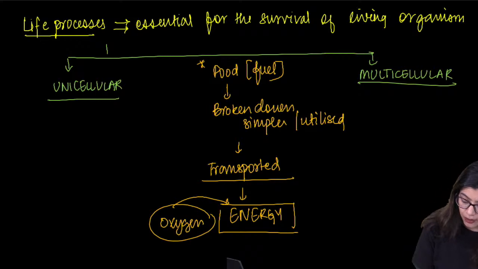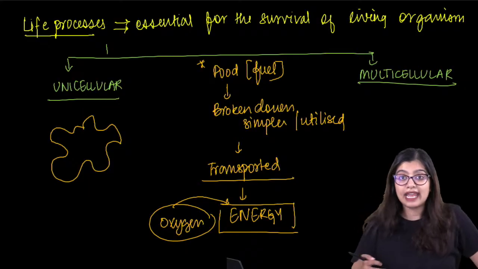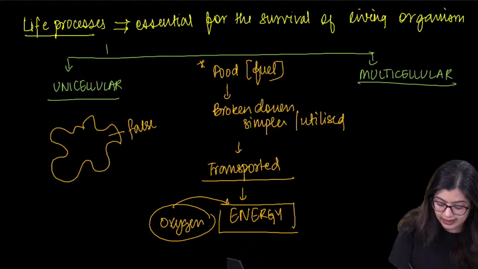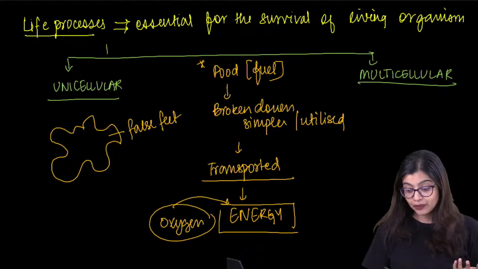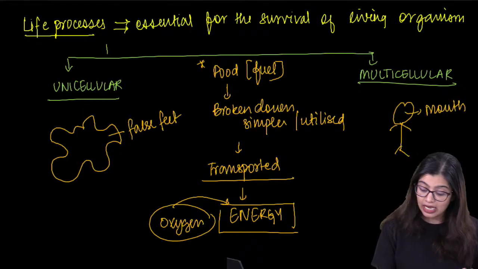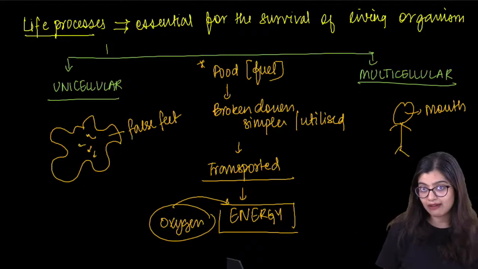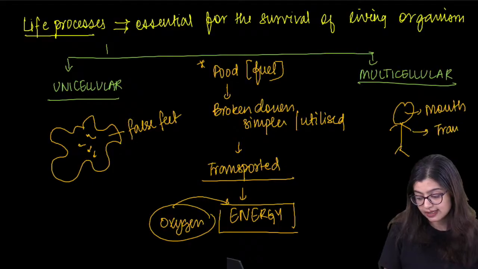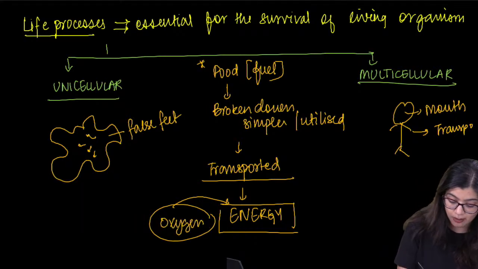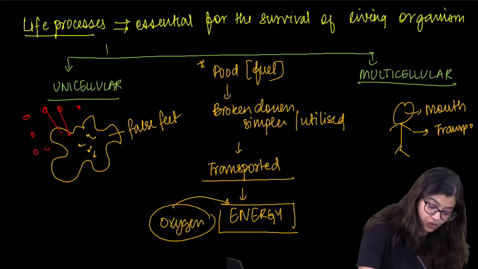So in this case, what do we observe? Let's assume a unicellular organism like amoeba. How does it take food? We will learn more in great detail, but we know that amoeba has false feet that help in taking food, right? We don't have any false feet, but rather we have our mouth which helps us in doing that. Now similarly, if you talk about transport, substances are transported at a molecular level. We have an entire transporting system that is helping us do that. Same way if you talk about oxygen, right? We know that oxygen is normally available more in amount in the surroundings. So here we see that simple diffusion takes place.